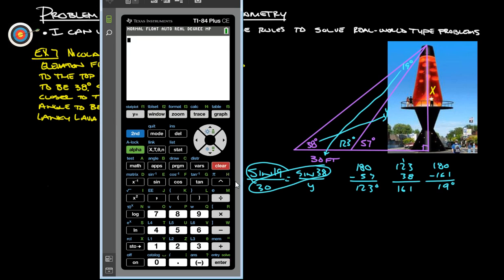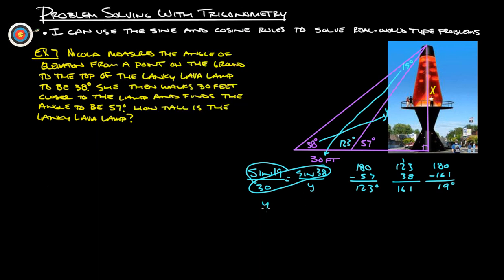So let's see, we'll do 30 sine 38. There we go. 30 sine 38 equals 18.46. Divide by sine of 19. Sine of 19 gives us 56.7 is what y is. So this side length right here is